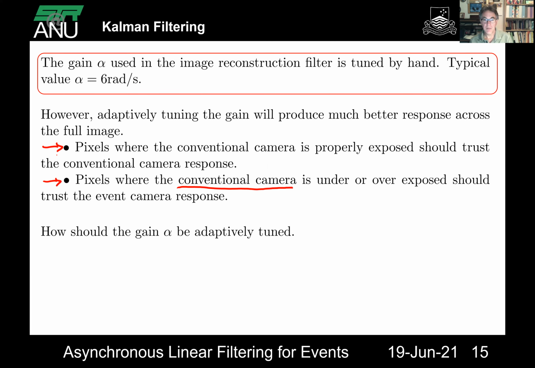And that's something that is going to be critical in reconstructing high dynamic range images, because the conventional camera will do a reasonably good job in the dynamic range where it's effective, and then it will die on the ends of that dynamic range. And that's where the event camera will be able to rebuild in those zones. And by combining those two, as the conventional camera moves around and provides more information around the areas where the high dynamic range is being reconstructed,